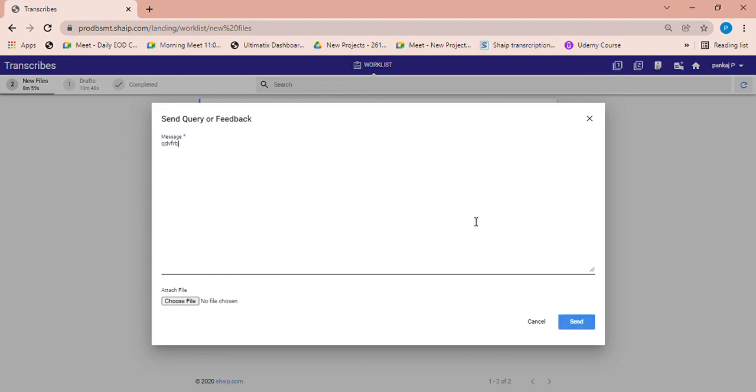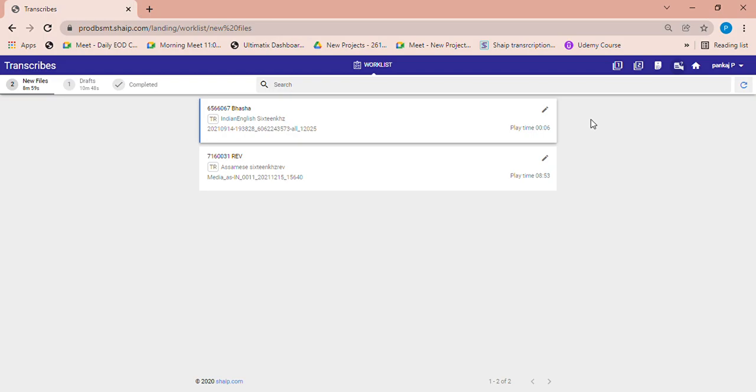So for an example, this is my error. I submit it, and I have attached the screenshot over here, and then I click on the send button. It will automatically go to the technical team and they will check and resolve the issues,